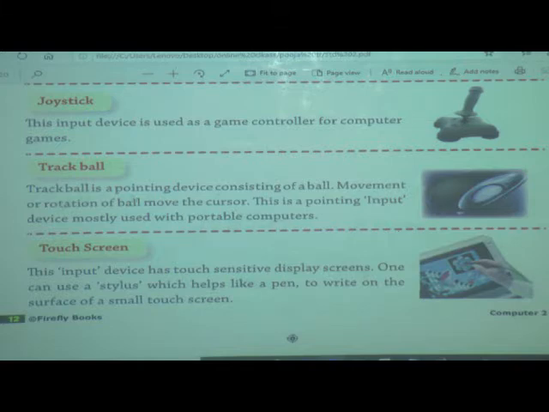If we move this ball, then the cursor will move.